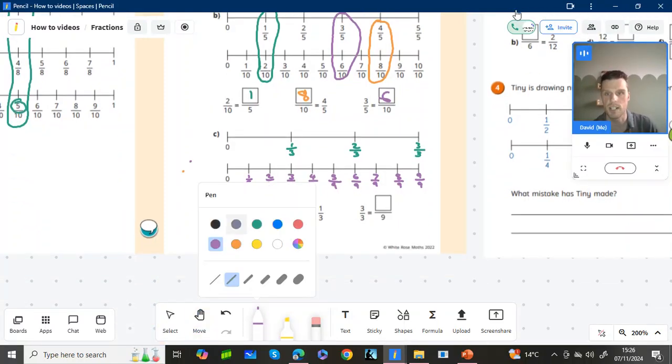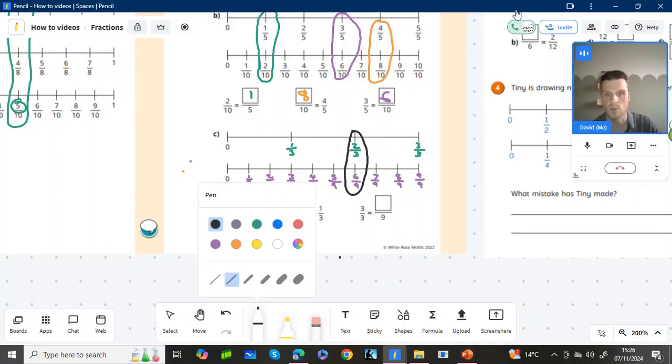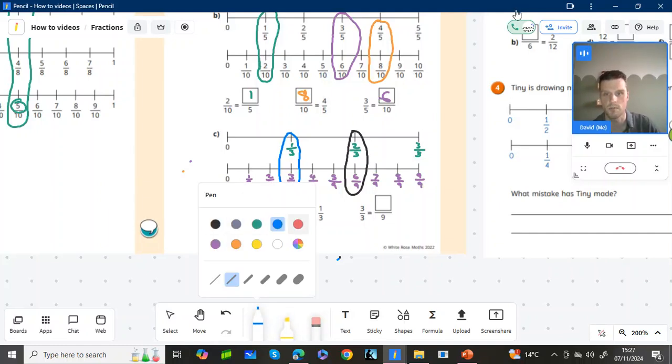6/9. Start with green again. In fact, I'm going to go in black this time, only because I've used green and purple, and I don't want to confuse anybody. So 6/9 is equivalent to, let's circle that, 2/3. Let's use blue this time. 1/3 is equivalent to 3/9. And then 3/3, let's use red this time,